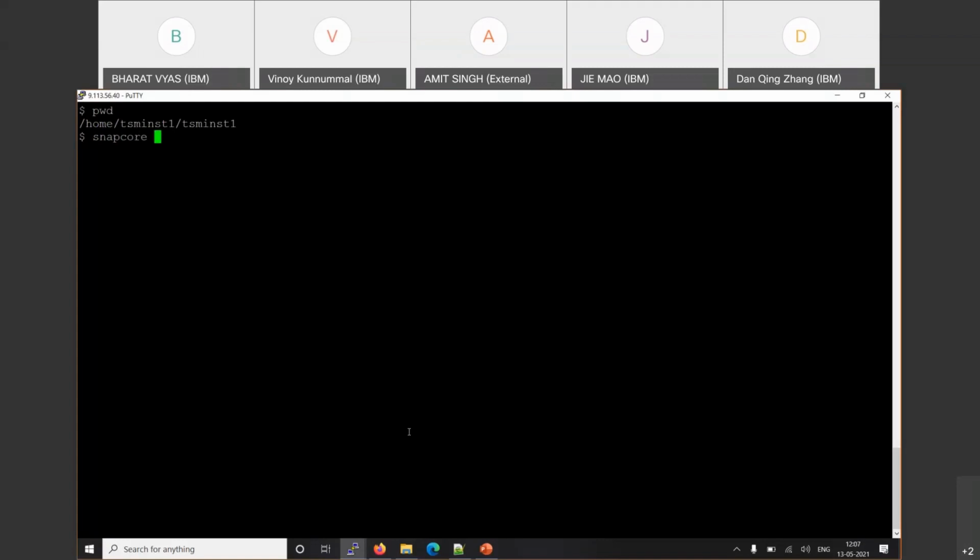And this snapcore utility again is an AIX utility, not related to the TSM or Spectrum Protect. This is a snapcore utility for AIX, and it will compress the core file, your dsmserv executable, and the library files, and put them under a zip file or a pax file. It will create that pax file. So first we need to make sure we run this snapcore from the Spectrum Protect installation directory.